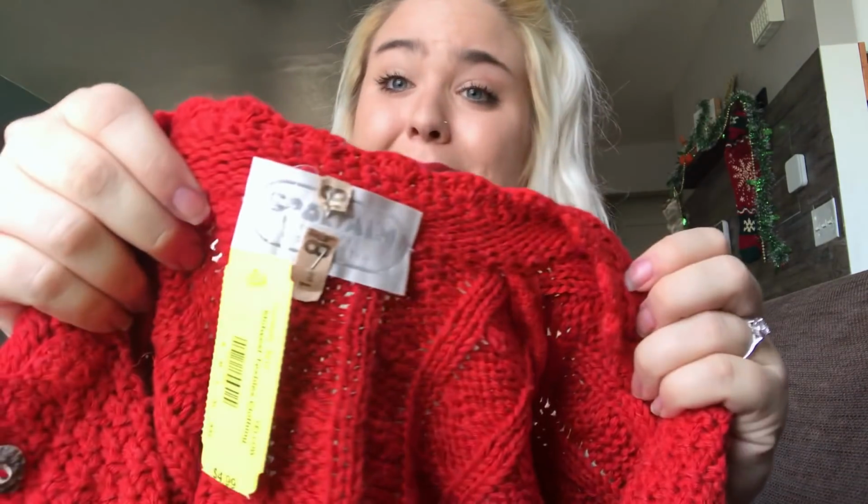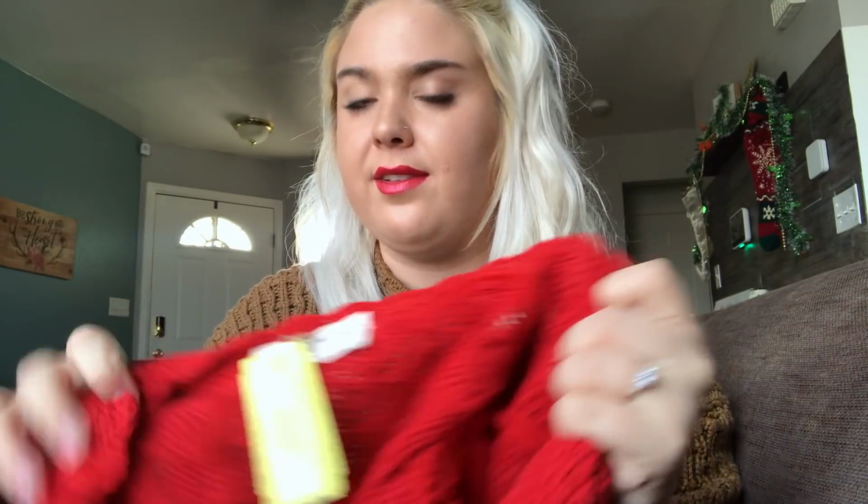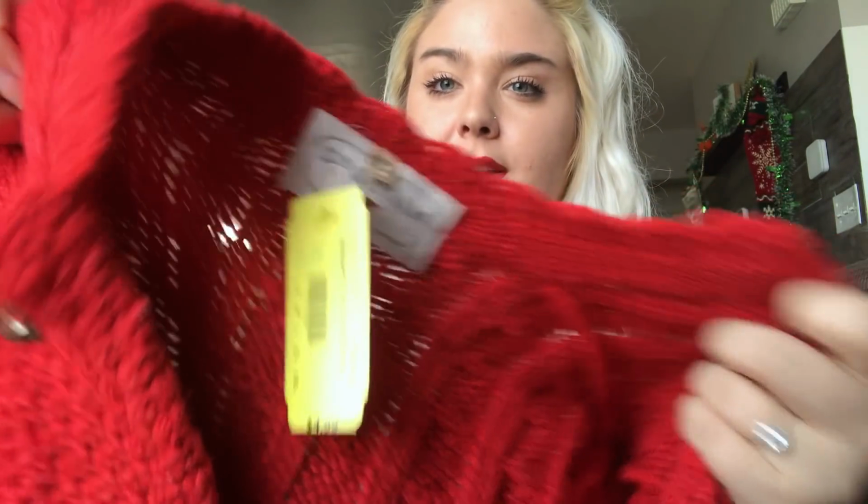Speaking of not knowing anything about anything, is this sweater that I didn't have time to look up. But I'm gonna look it up right now, and I'm gonna let you know how it does. This is, I can't even read it, but I'm gonna look it up real quick. Okay, so this is actually pretty good. Some of these are selling for like $50 to $60, but it's